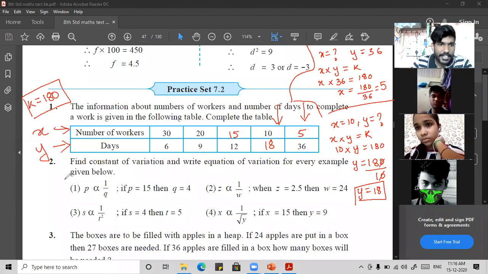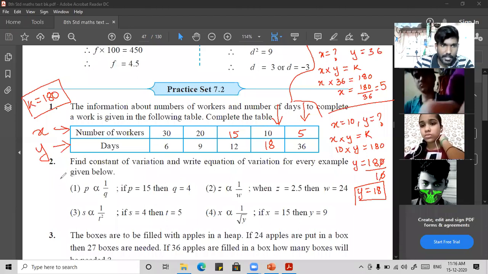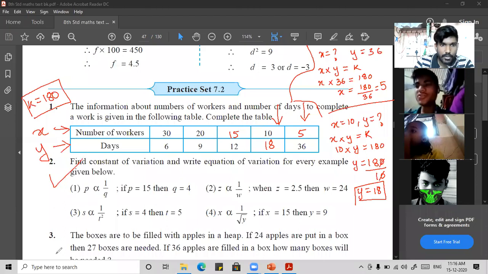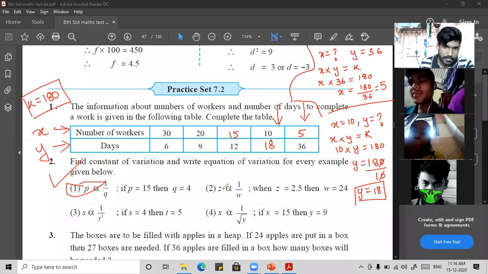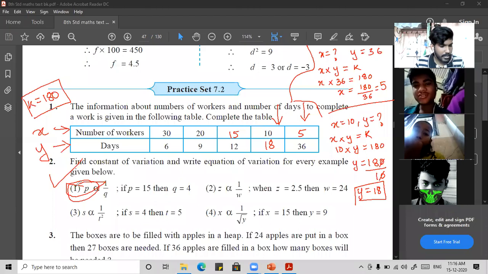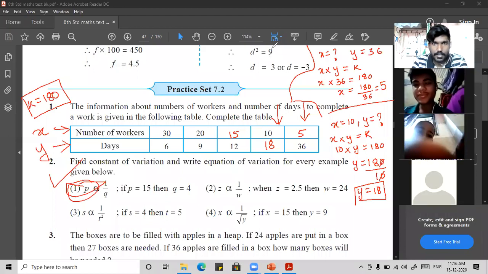Now the second sum in this exercise, we have done already. Sir, can you do it again? Which one? There are 4 sums in the second one. Which sum you want me to do? I didn't attempt that in the last class because of a network issue. Okay, from these 4 sums, which sum do you want me to do? Tell me. The fourth one. Okay.